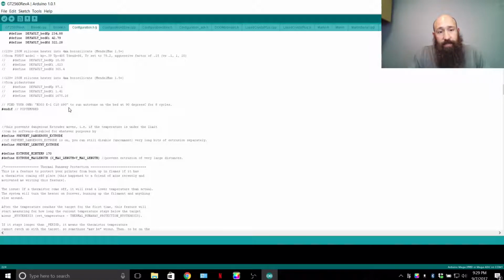S is going to be the temperature that's going to be set. So in the case of the heat bed, I went for a target temperature of 90 degrees Celsius, which was my low heat bed temperature for ABS. The high temperature for ABS that I run is 100 degrees Celsius, but 90 is close enough. And this will run for 10 cycles, not 8 cycles. So now this description is correct. M303 E1 C10 S90. This will run 10 cycles of the heat bed at 90 degrees Celsius, and then afterwards